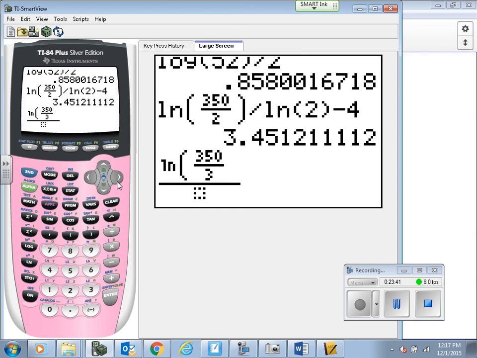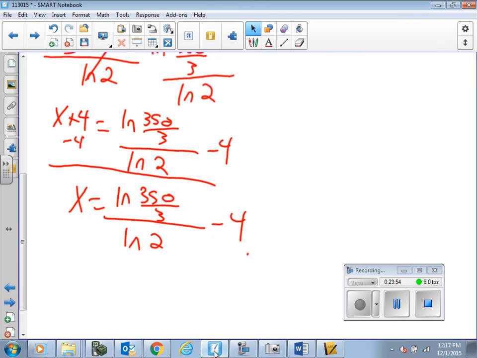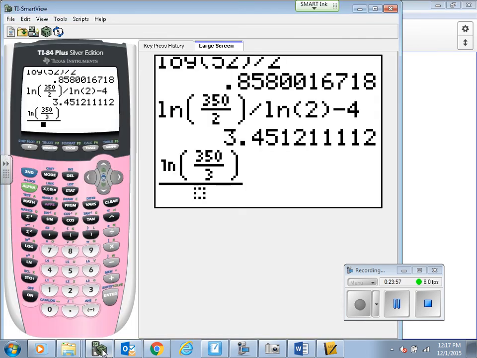I had 2 here. I think that was my problem. I had 2 instead of 3. Green button, Y equals enter. Yours might not be updated. Natural log of 2, and then all of that minus 4,